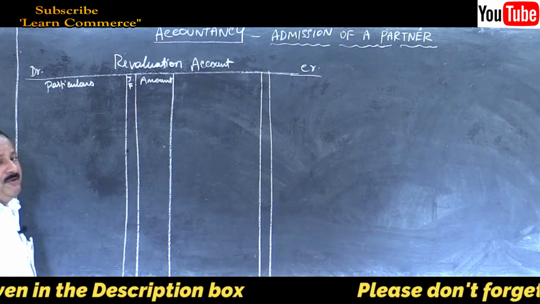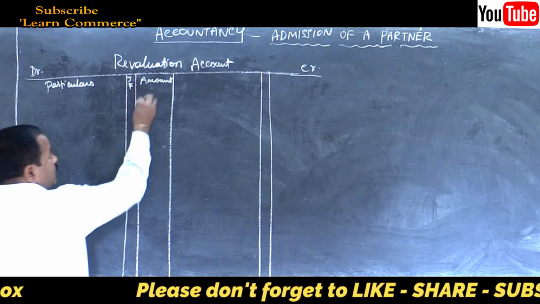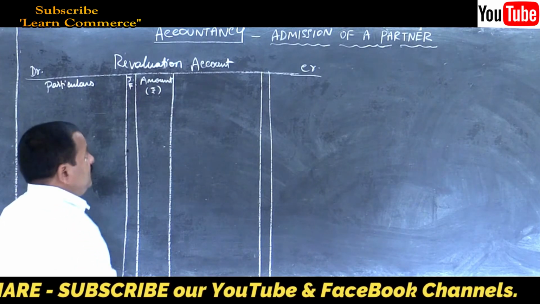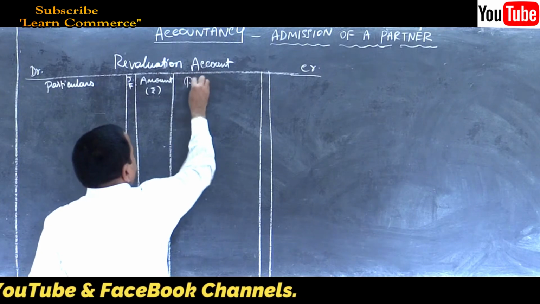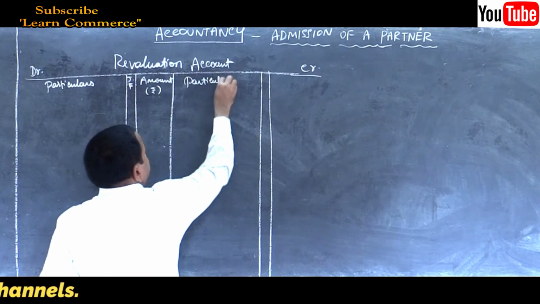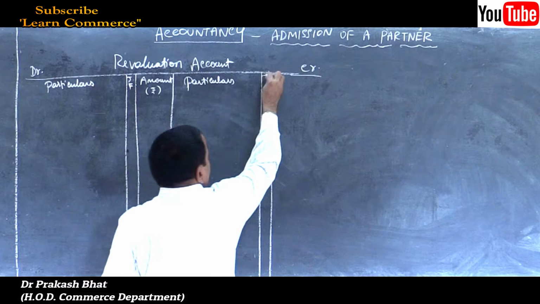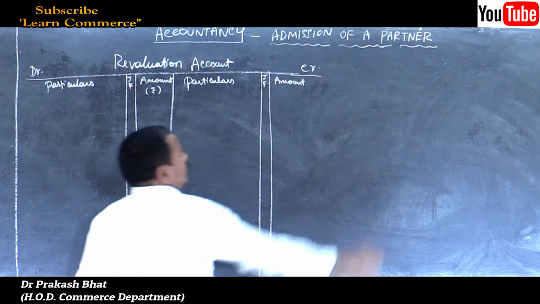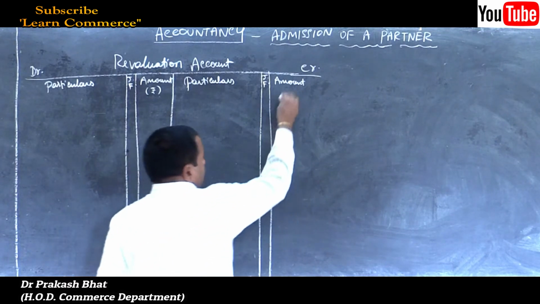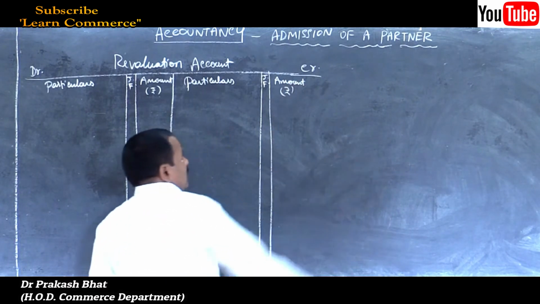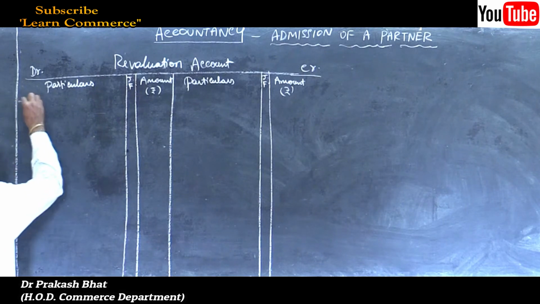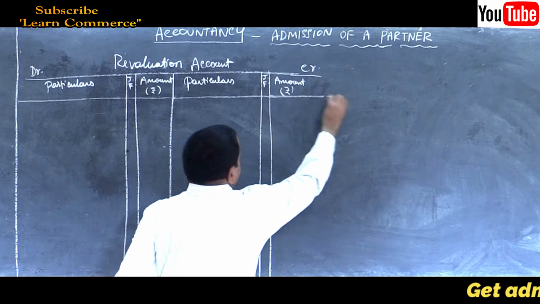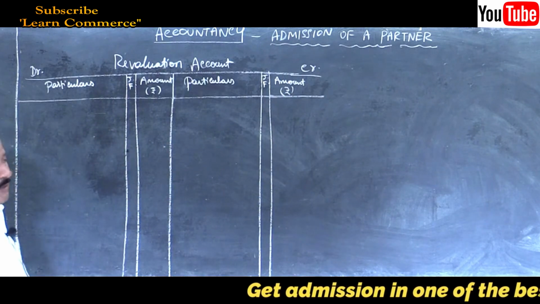Most of the students have the habit of writing amount, that's all. But you should write in how you measure the amount, that is in rupee terms, right? So here also again particulars, JF, amount in rupees. So if you forget to write rupees, then they may deduct 1 mark if your paper fetches 100. Remember. So cultivate this habit of writing rupees, debit, credit, all these things in the class itself, so that in examination you will not forget.